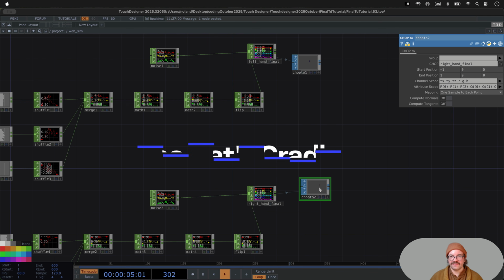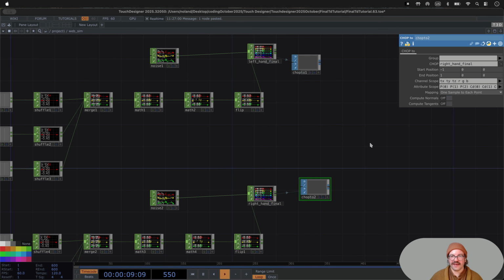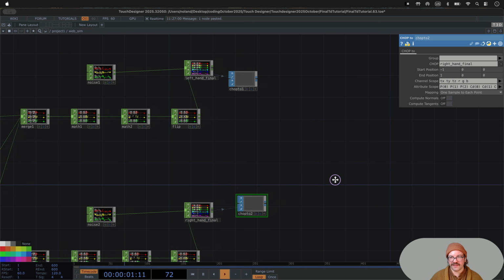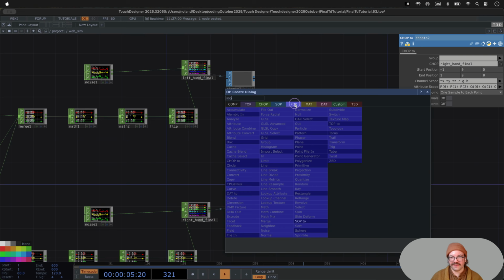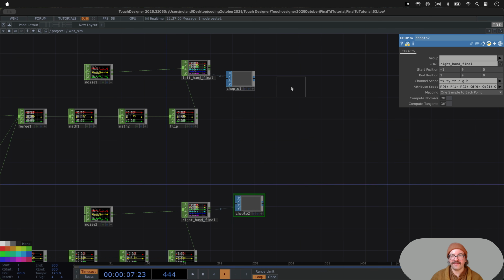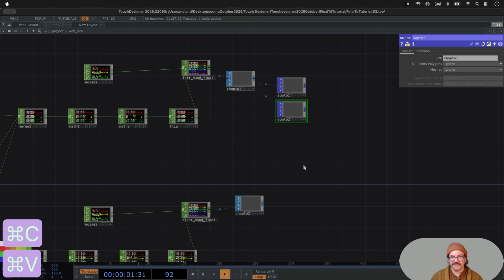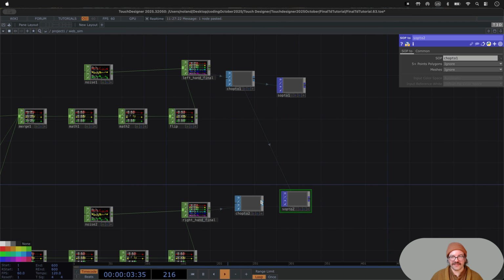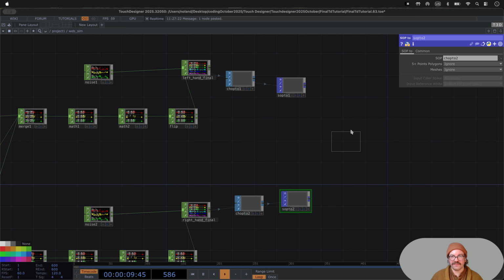Part 6. The cat's cradle. Now let's unspool the yarn. Add a SOP to POP for the left hand. Add a SOP to POP for the right hand. Wire them both into a merge POP. Add a proximity POP. This calculates the tension between the points. Now, in the proximity POP,